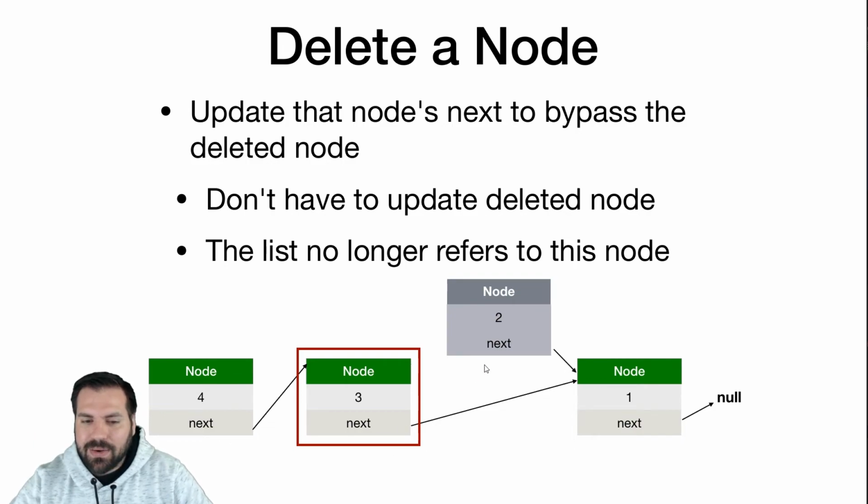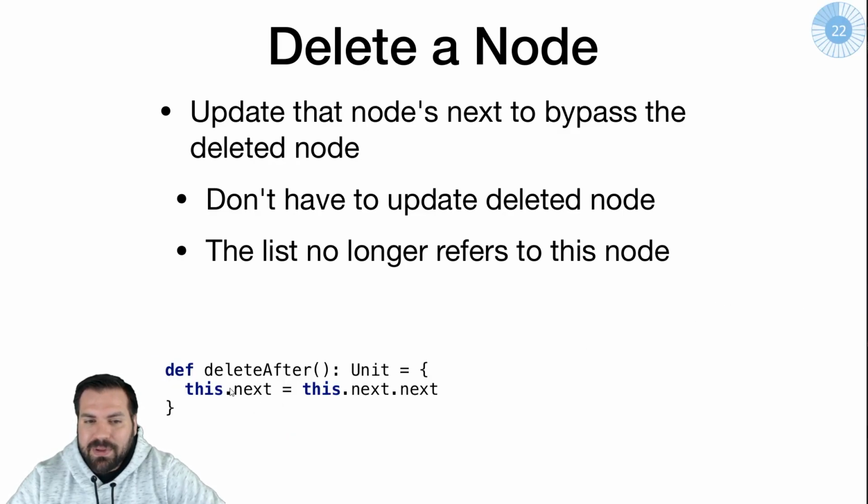We say, hey, node that I'm deleting, what's your next? Well, that's my next now. Cutting you out of the whole chain. Now, this node still exists, but it's likely to just get garbage collected. We don't have a reference to it anymore. It's effectively not part of the list. We don't care that it refers to this node anymore because we don't have a reference to it. Or maybe somewhere else in our code we have a reference to it. It's whatever. And that's even simpler than adding: this.next equals this.next.next cuts that this.next, what it used to be, completely out of the list, and it's gone.